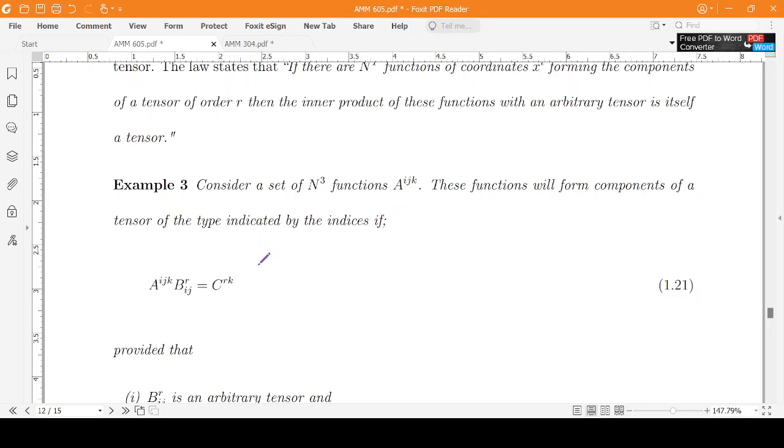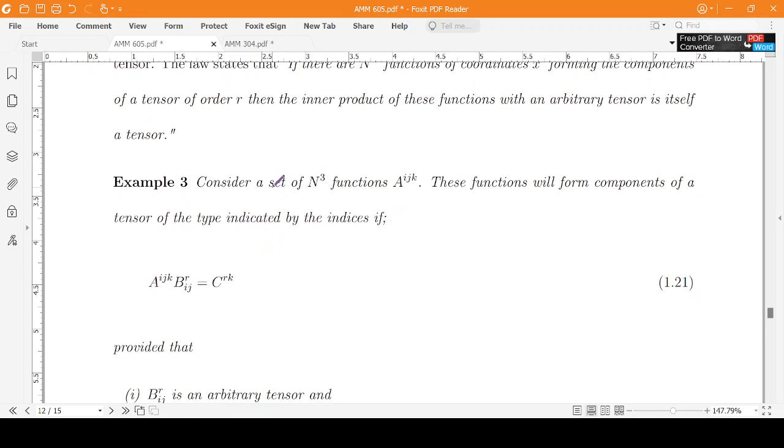And we can consider an example where we have a set of n^3 functions, aijk, these functions will form components of a tensor of the type that is indicated by these indices,